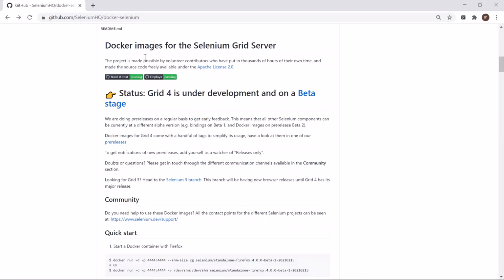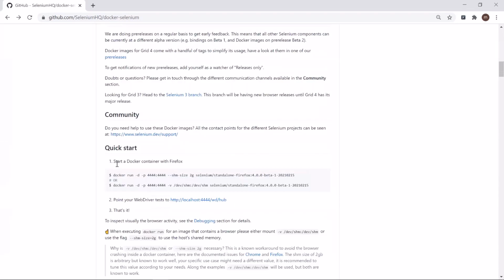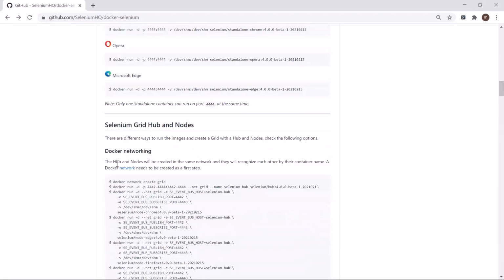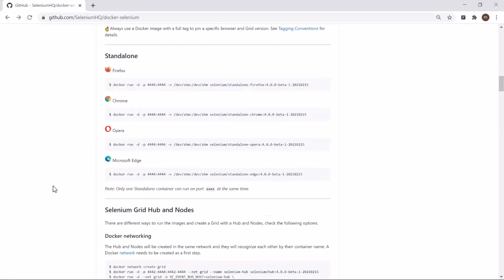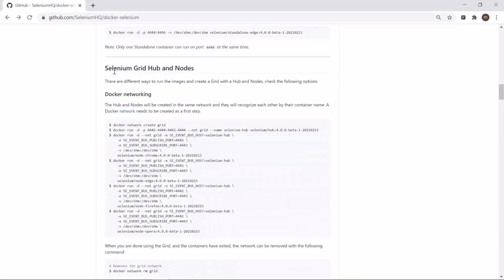Here we have this web page for Docker Selenium where we can find all the details required to set up the grid. You can set up the standalone container as well for different browsers by using these commands. To set up the Selenium Grid with hub and nodes, there are different ways that we can use. The first one is the Docker networking option.